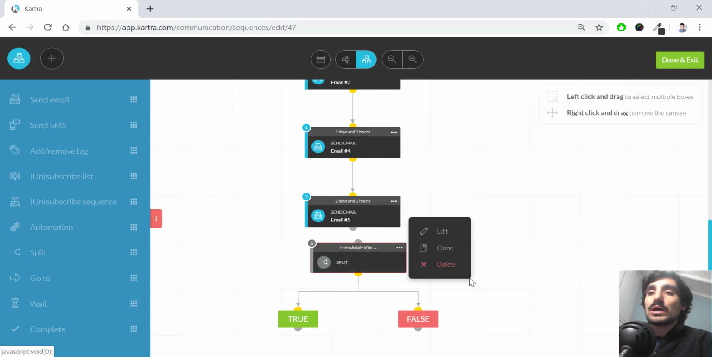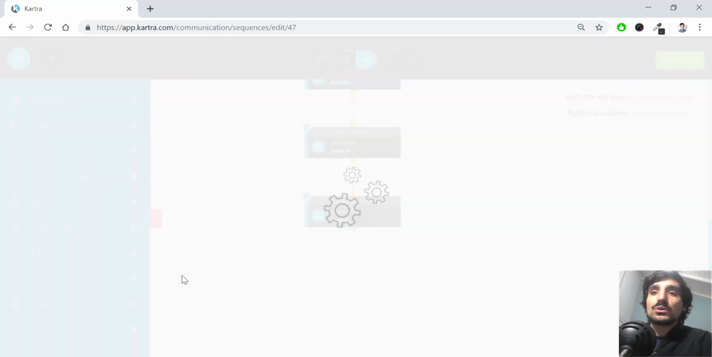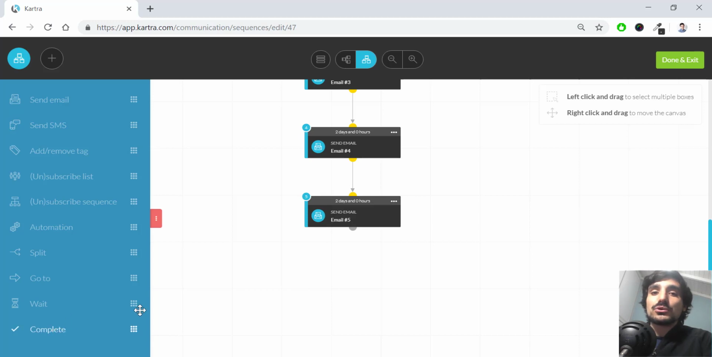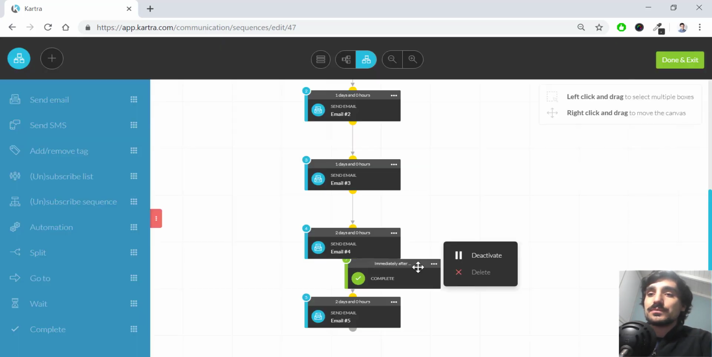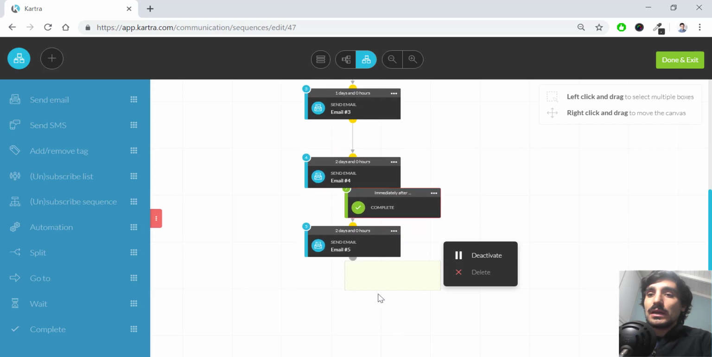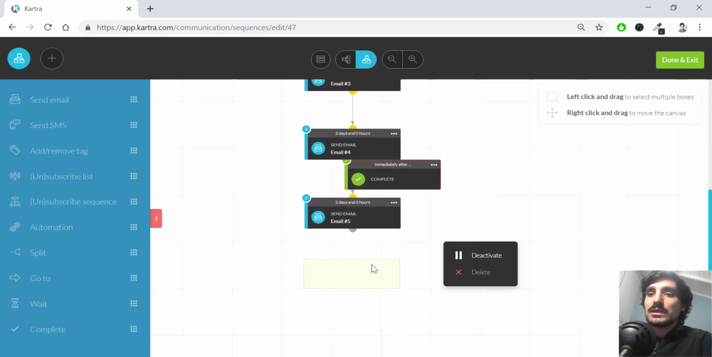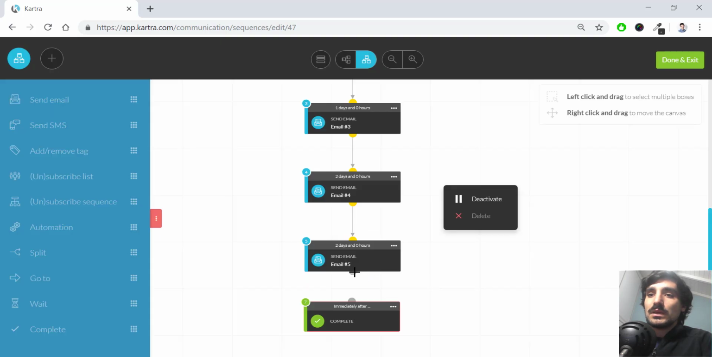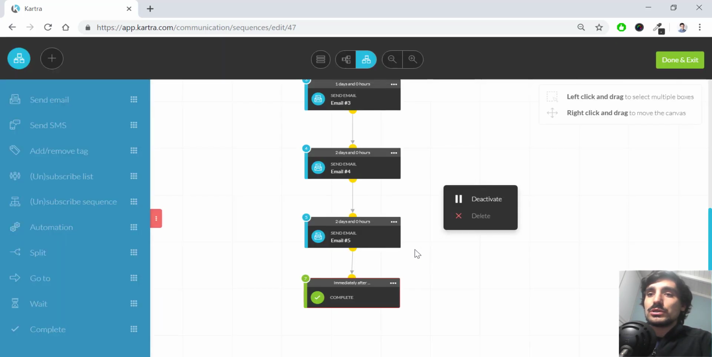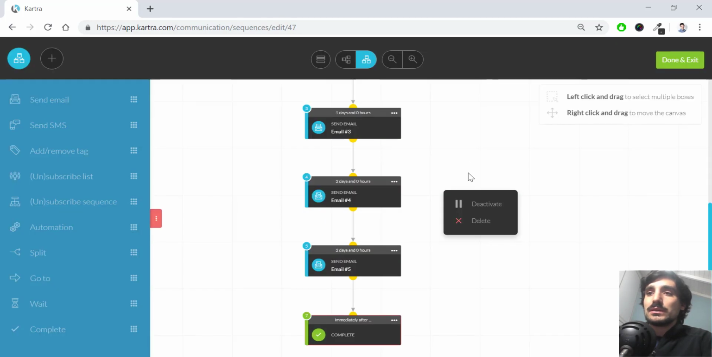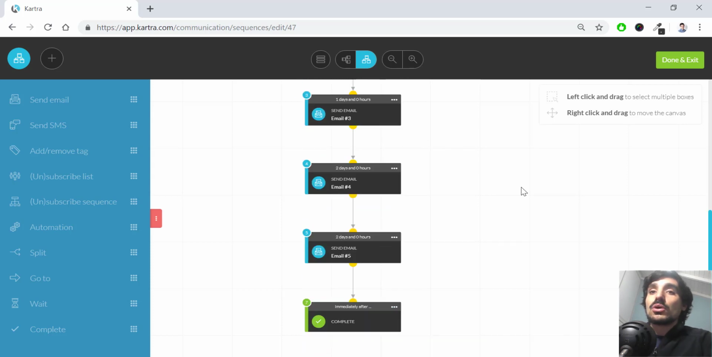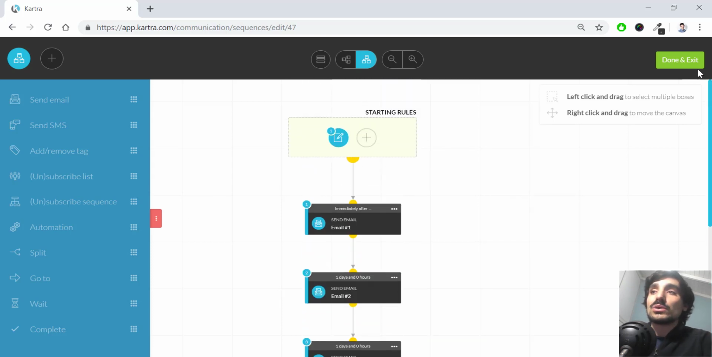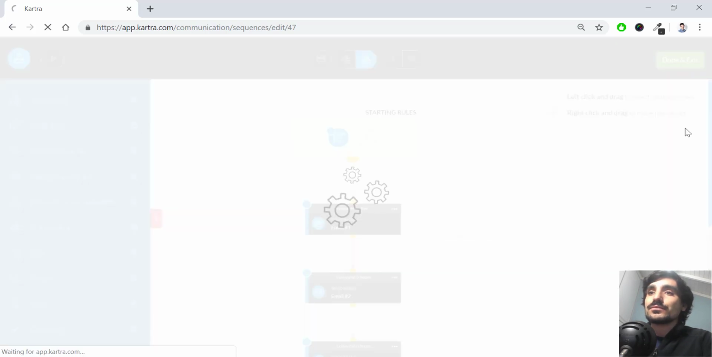In this case, of course, we're not gonna use the split condition and the wait element. I'm simply gonna put complete because I'm satisfied with this sequence. And I activate, then I align it below the last step, and I will join them with this arrow, and finally align the elements so that everything looks perfect. So now that I'm satisfied with this sequence, I'm gonna hit done and exit,